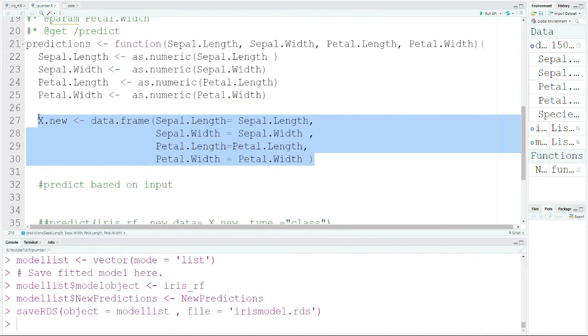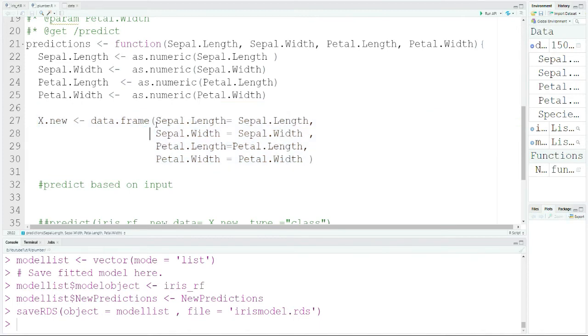Okay. So here you may wonder why I have written sepal.length equals sepal.length again. This is something I came across: R sometimes thinks that the parameters it sees are not the same as those used while building the model, although they are the same.